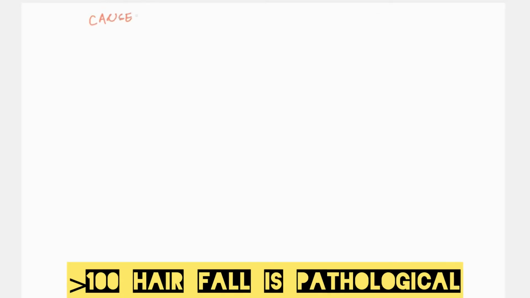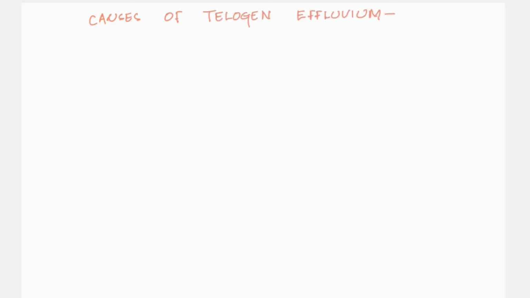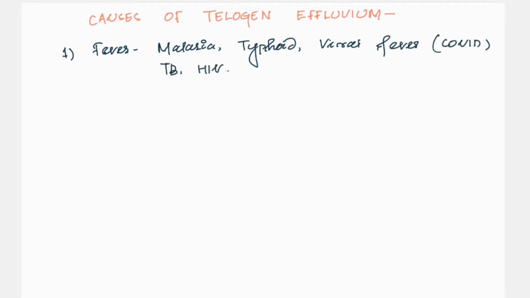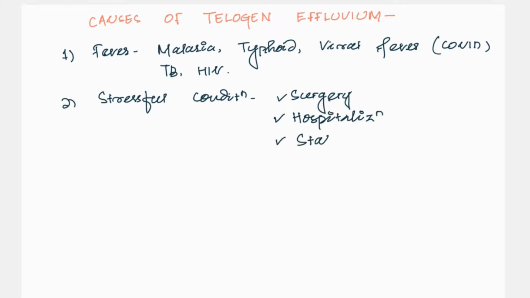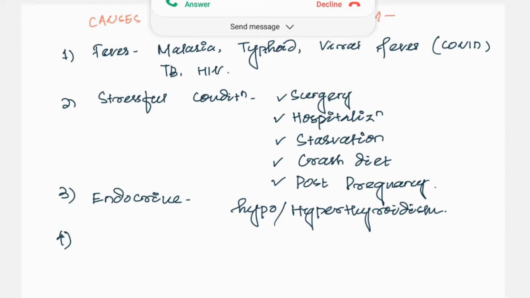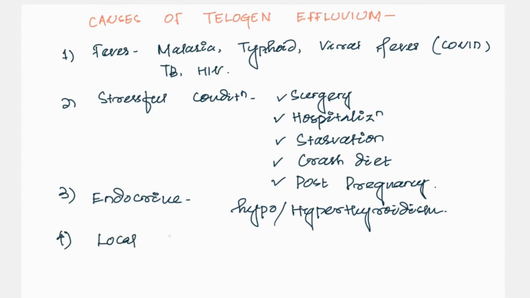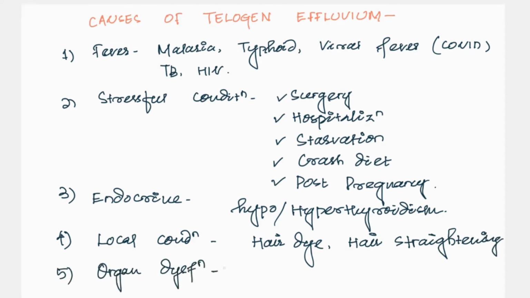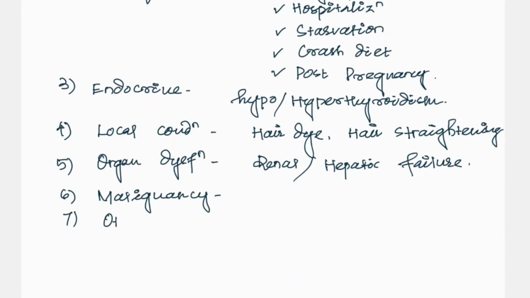There are various causes of this telogen effluvium. First one is if the patient has any febrile episodes such as typhoid, malaria, TB, HIV, and also the important one, our post-COVID era. Now many patients had an episode of COVID last year. It generally occurs 2 to 3 months after any insult to your body, and also after stressful conditions such as postpartum alopecia,